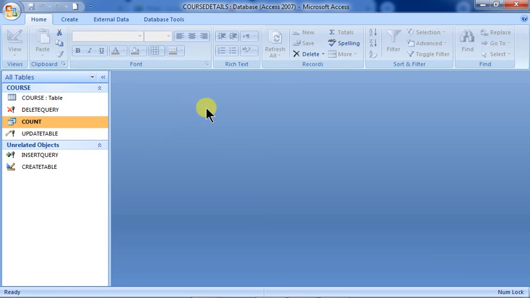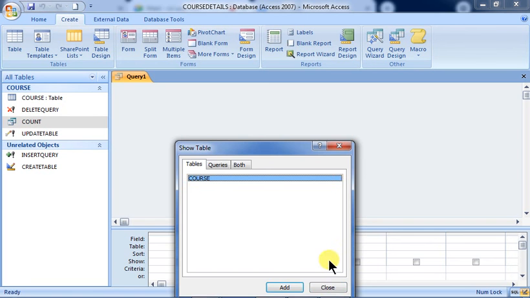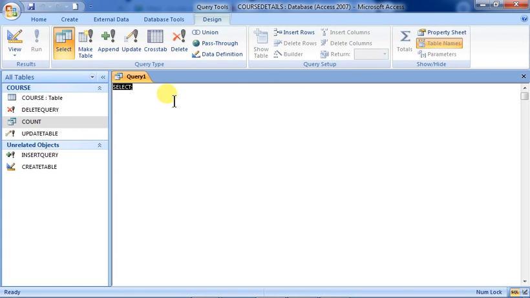So now if you want to use the group by kind of query, means grouping command, there are some aggregates also, like sum, max, mean, all these things. Since we don't have the numerical data out here, those will not be applicable, but we can use count as an aggregate function. So I'll create, and then query design I'm going again as usual. I'm not selecting any table, I am just going to the SQL view, and category wise how many are there.